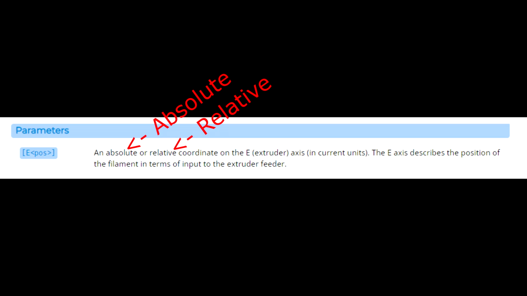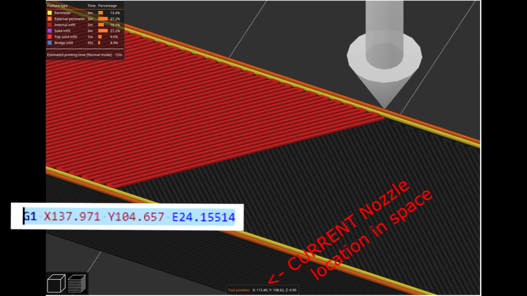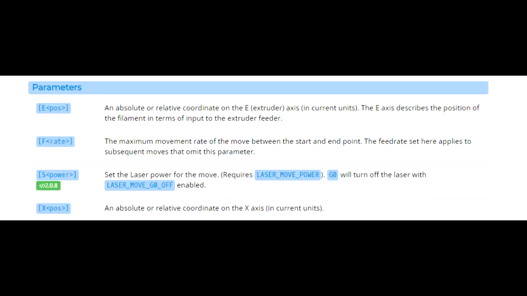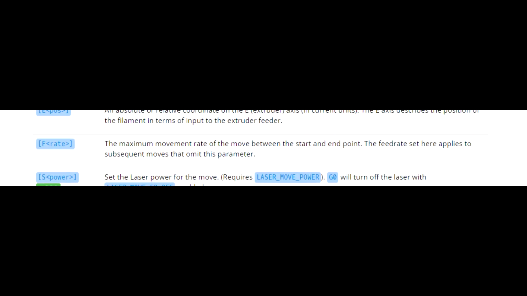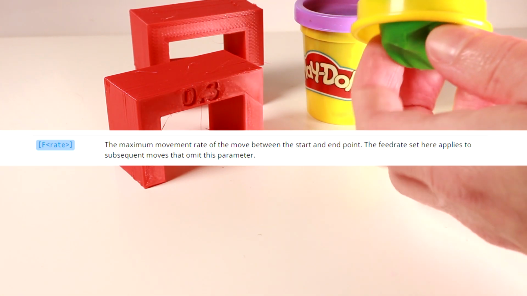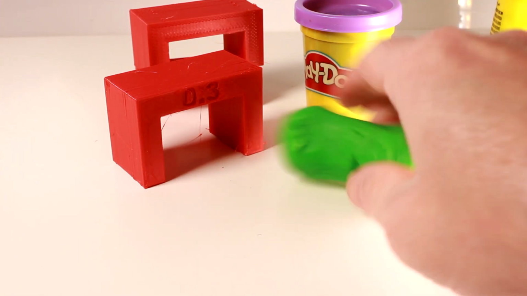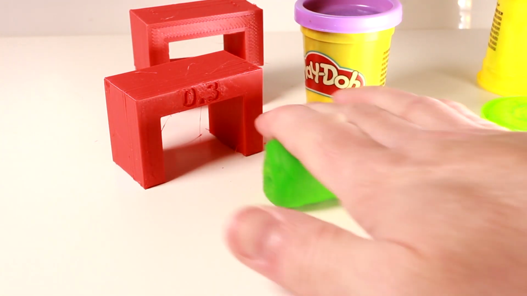All we need to know here is that every move that extrudes filament is just a move from wherever the nozzle is currently located to a given XYZ coordinate, and the printer will calculate exactly how to do that. There is one more parameter with the G1 command, which is the feed rate. Essentially, this equates to speed, but with the understanding that that also affects extrusion rate too, so the faster G1 moves will cause faster extrusion. You get the idea. Now of course it's time to break out the Play-Doh. What else would we do at this point in the video?